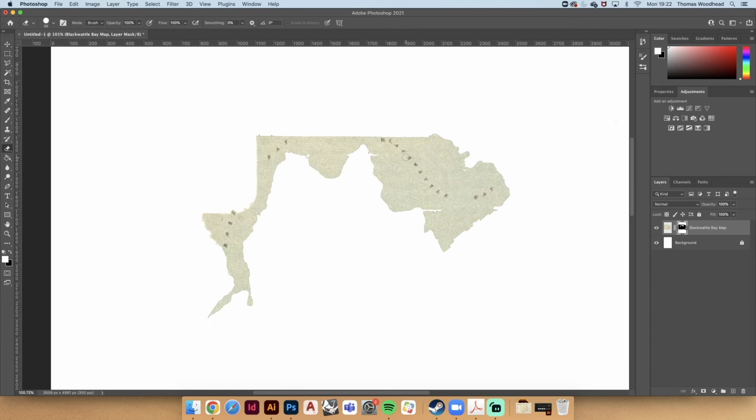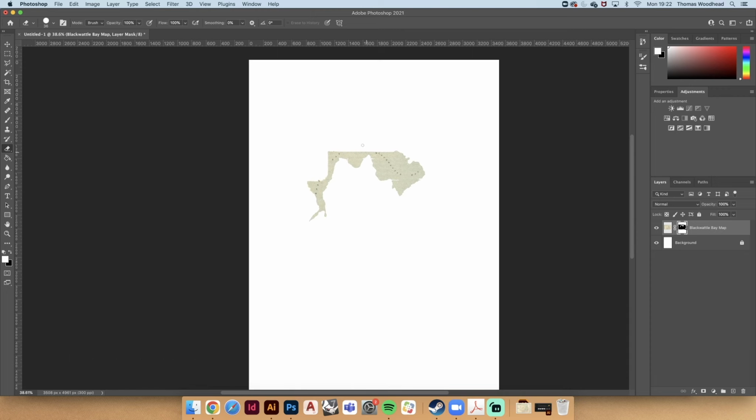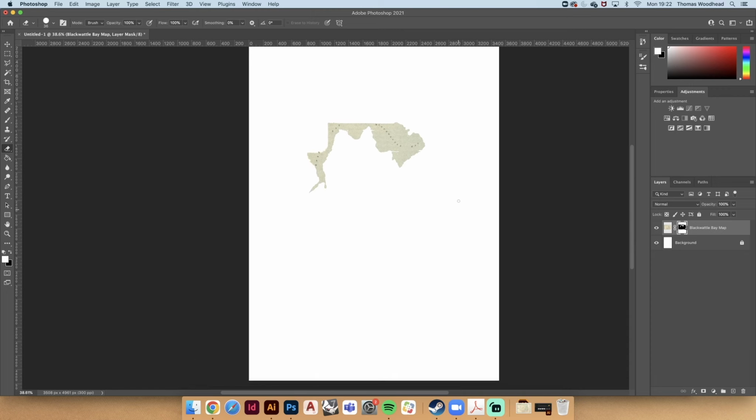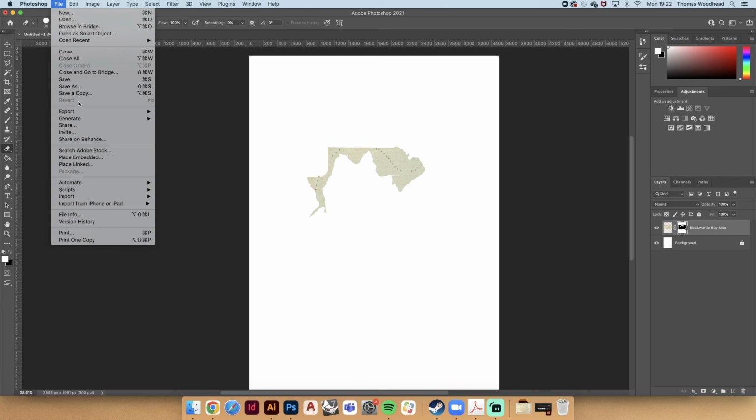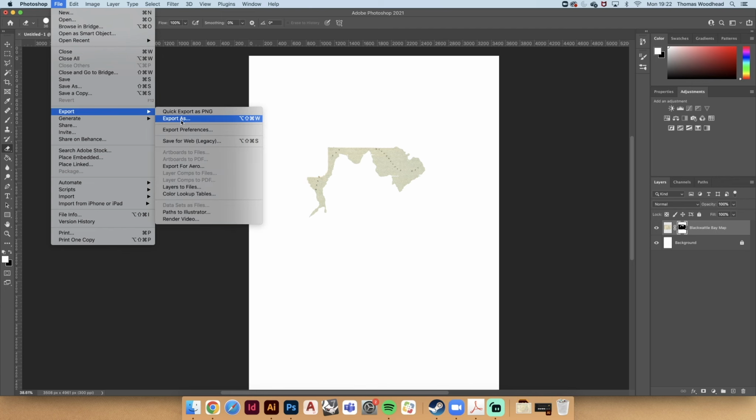Now, the last thing I want to show you how to do in Photoshop is, like I mentioned, Photoshop has placed this white background here for us, and we don't necessarily need it. Just to show you how this operates, let's say I want to export the water of my bay as its own individual image and maybe bring that back into Illustrator. What I can do is go File, Export, Export As,